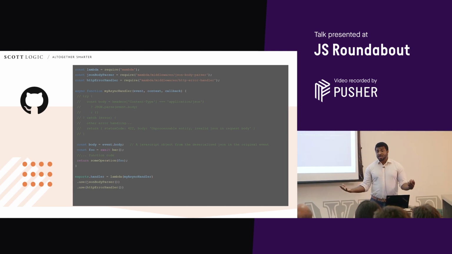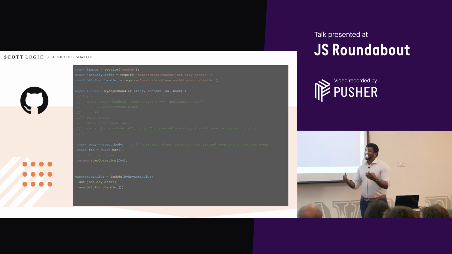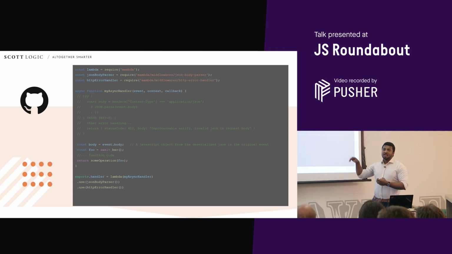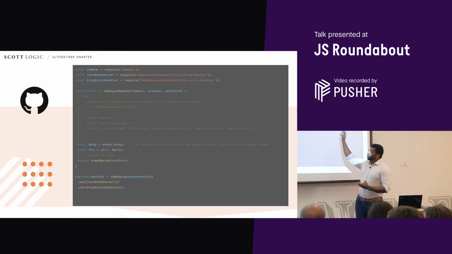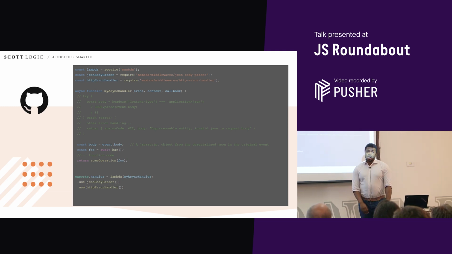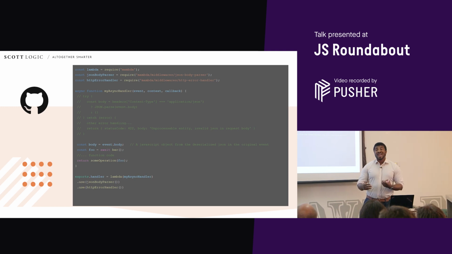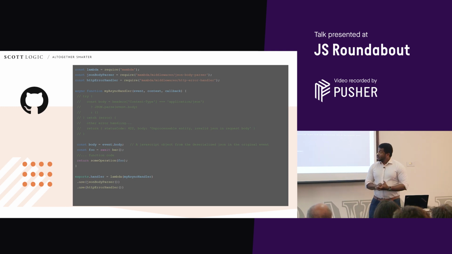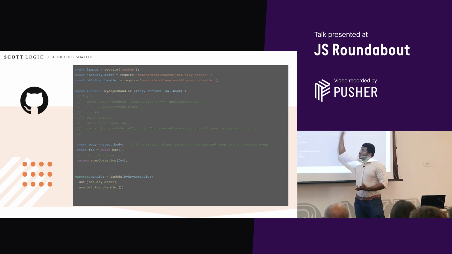You're going to want to deserialize the JSON from that body, check that it's valid JSON. You might have some validation in there. You're going to want to deal with any errors in that JSON and that sort of thing. And that's going to add a lot of boilerplate to your Lambda functions, and it's not talking about your core logic. So Lambda leverages this idea of a middleware pattern, where instead I've commented out all of that boilerplate,